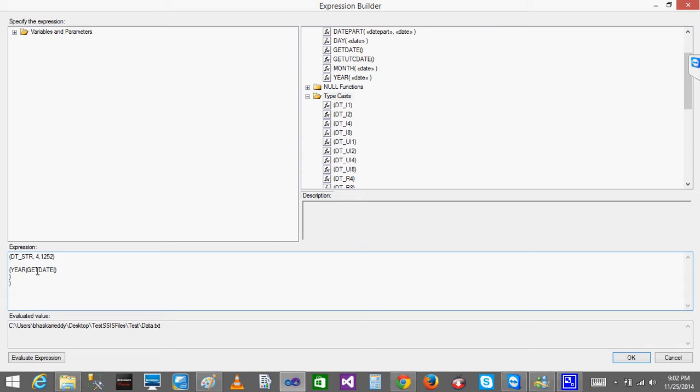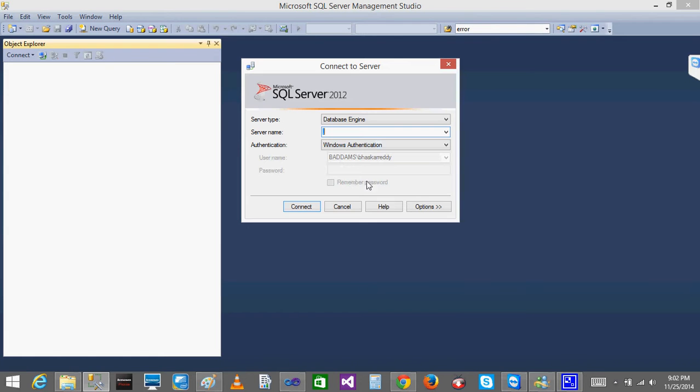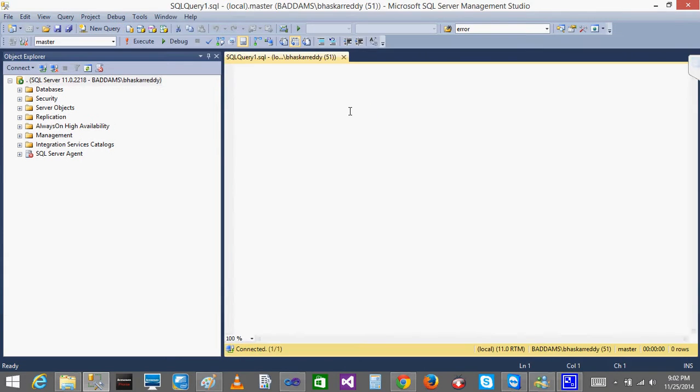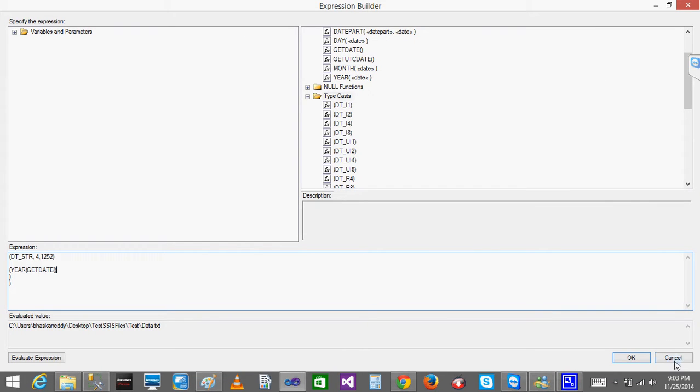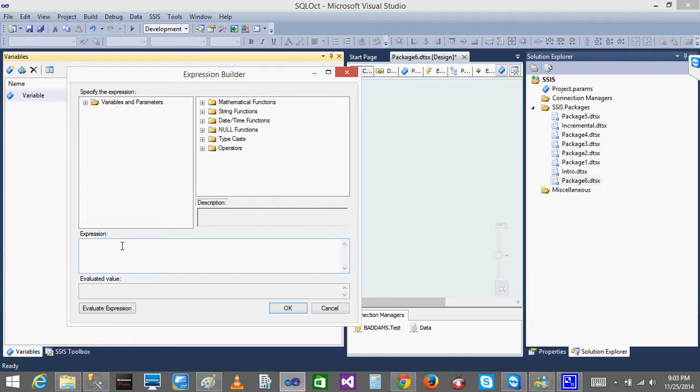So again we will go once again. So let's see what is the issue. So for time being, I'll paste my query here so that I'll not lose the query. Oh, query lost. Okay, yeah. So one thing I'll do, I'll just cancel it again. Go to this, click on the expressions. Let's start from the beginning. I think there is some miscalculation. I think it happened. So I'm taking the year from get date,